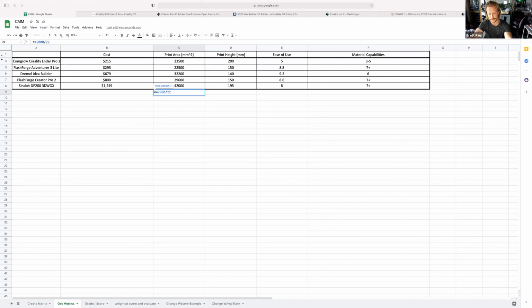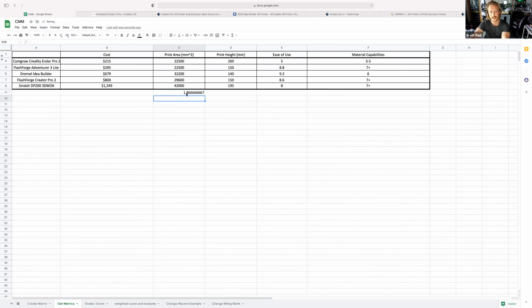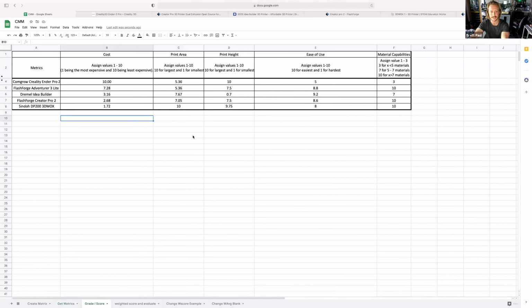So if we're giving 3D WOX a value of 10, we want to divide 10 by 1.866. That's the scaling factor to come up with the score for the Ender Pro 2 and the Adventure 3 Lite in terms of their print area. So if we go 10 divided by 1.866, we get 5.36 as the print area value for these